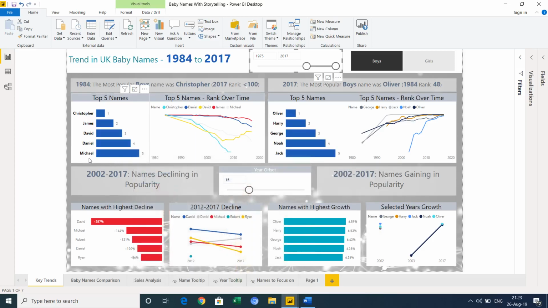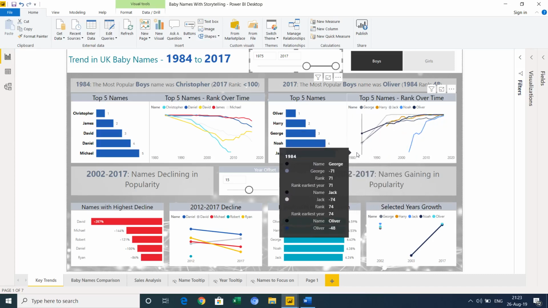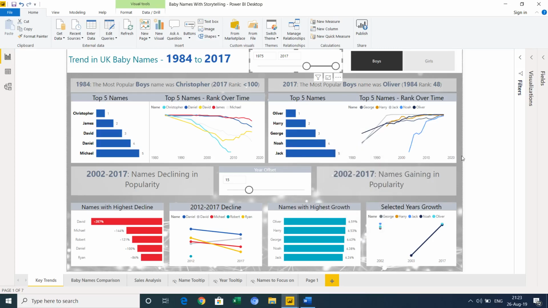I don't think any of them have really made it onto the top 5 list in 2017. And in that story, you can also see the other side of that. All the names that are most popular in 2017 have come from kind of humble beginnings a couple of decades ago. So this is really giving us that view of being able to compare 2 points in time, any 2 points in time, and see how those popularities have changed.